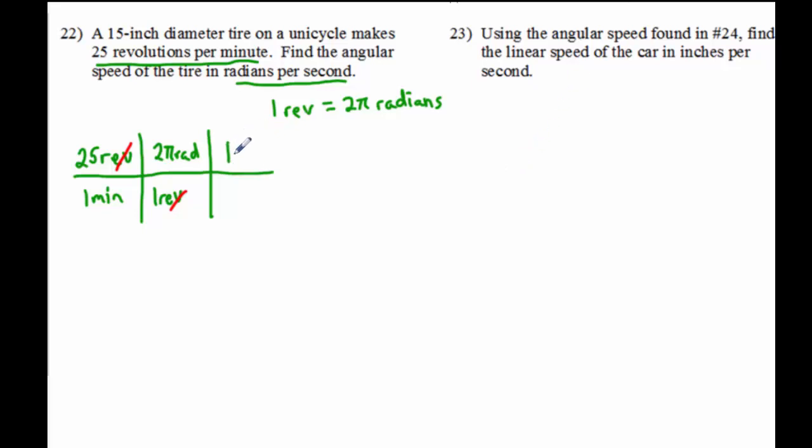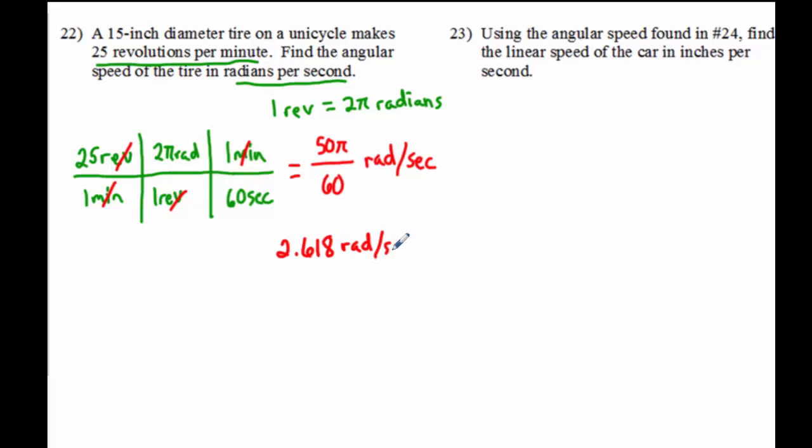Now I need to go from minutes to seconds. So I need 1 minute on top and 60 seconds on the bottom, so that my minutes will cancel. Because now my units are radians per second, which is what I want. So if I multiply out the top without my calculator, that's 50 pi, and on bottom that's 60. This is radians per second. And then if I actually get the decimal for that, that is 2.618